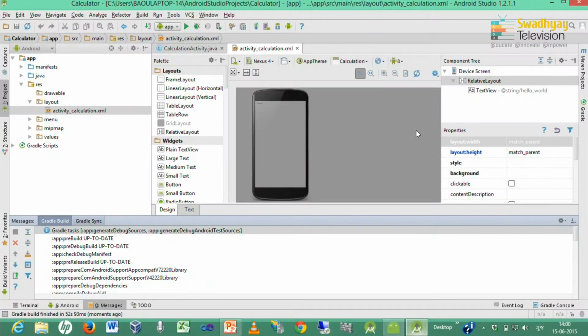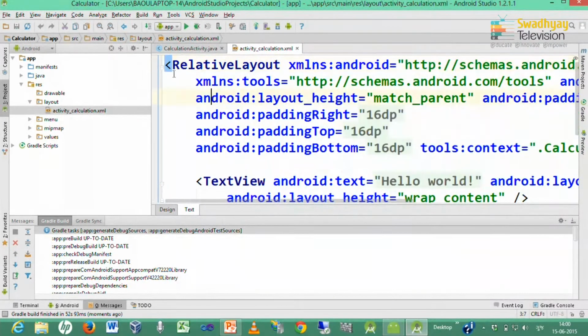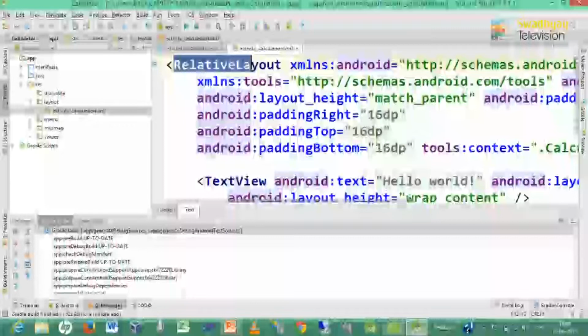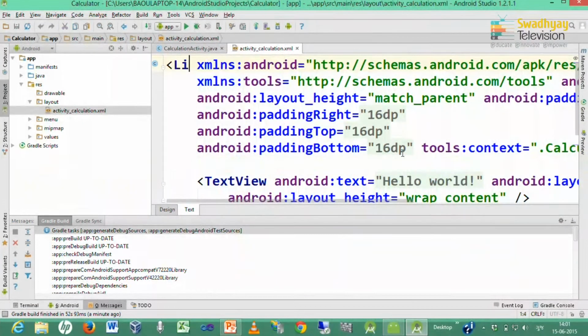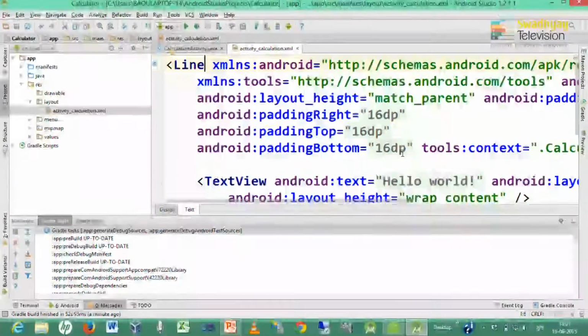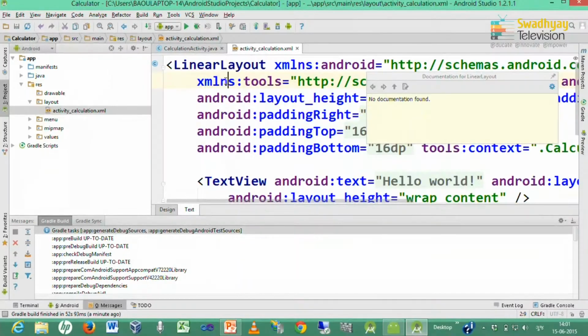So this kind of layout is called a linear layout. So I will change this relative layout to linear layout from this XML file. So here I am changing relative layout to linear layout. I can press control spacebar for the autocomplete option.